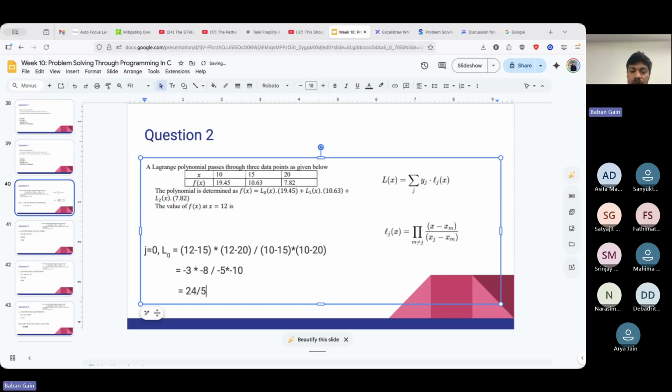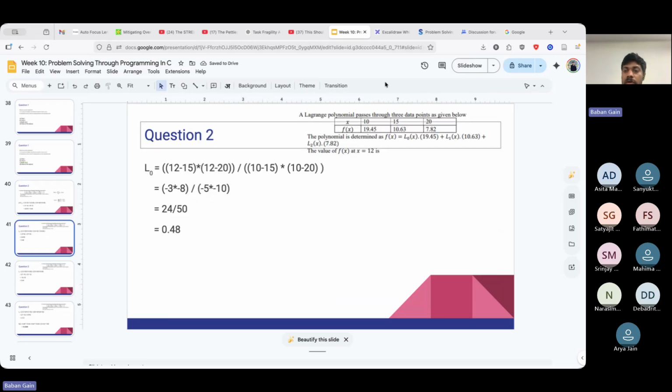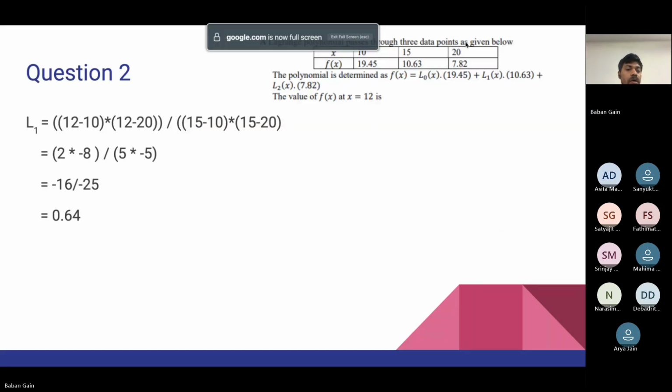24 divided by 15. So this is like 0.48. So this is like L0. So I have calculated properly here. Similarly, this is L1. You just have to consider